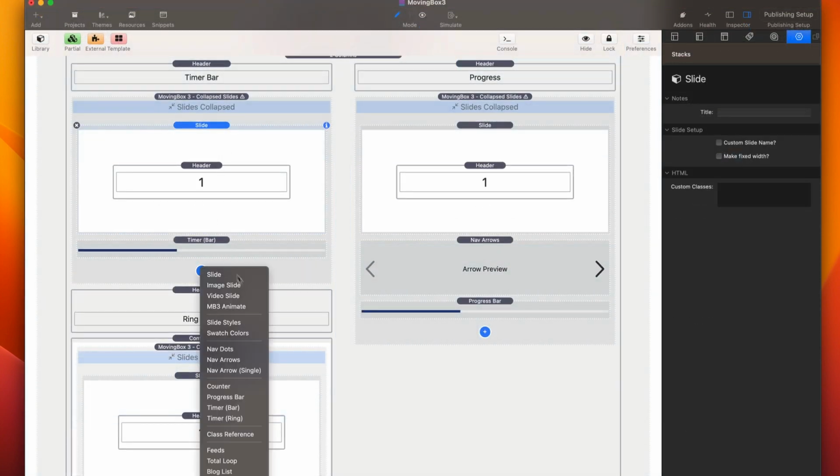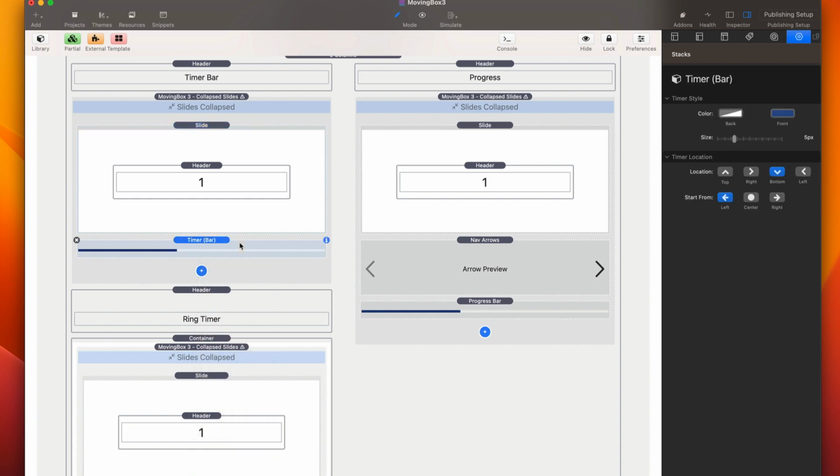So adding these are super simple. They're all within the child menu of MovingBox. You can go ahead and add our counters or progress bars. So let's have a look at the timer bar. Here we have the ability to customize the color. So the back color, as well as the background color, as well as the foreground color, the size of that timer bar. So how tall or wide is it? And then your location. You can have it on the left or right side